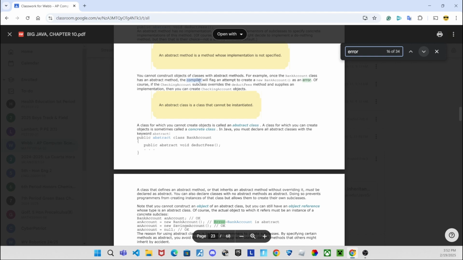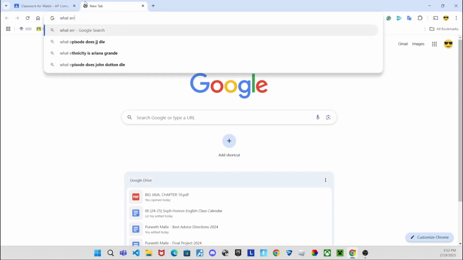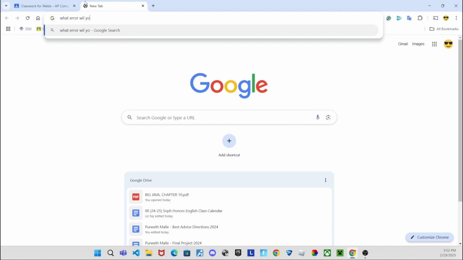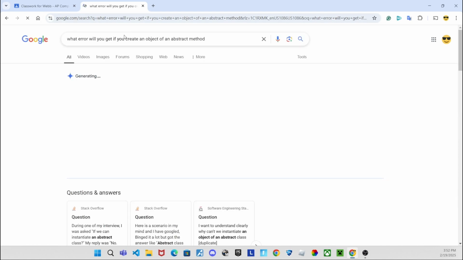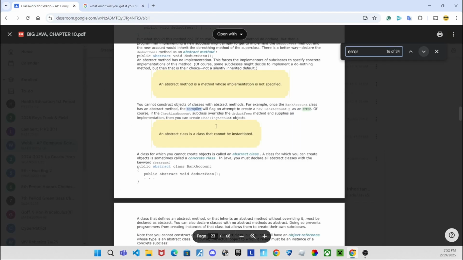But I'm not sure. Like, these are all good. Wait, let me, like, okay. What error will you get if you create an object at compile time? Okay, so whenever it says compiler, maybe they'll come up like someone calls an abstract method and